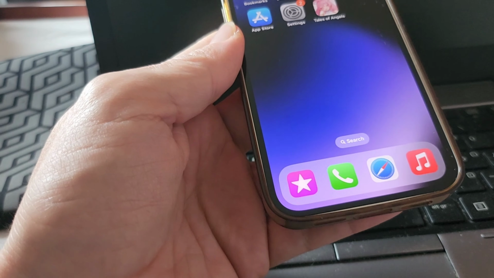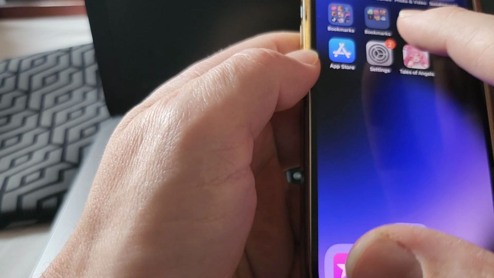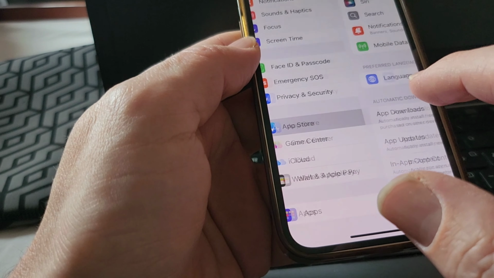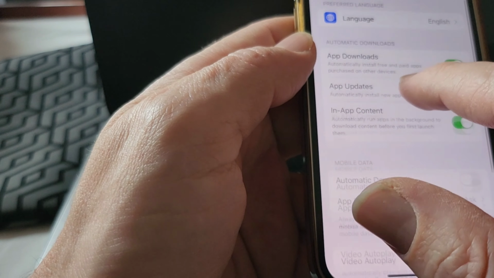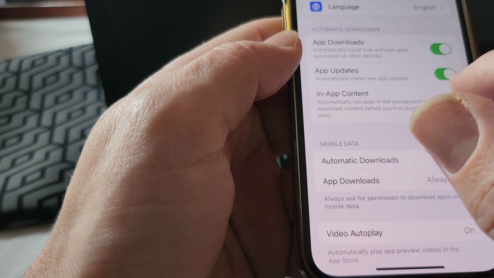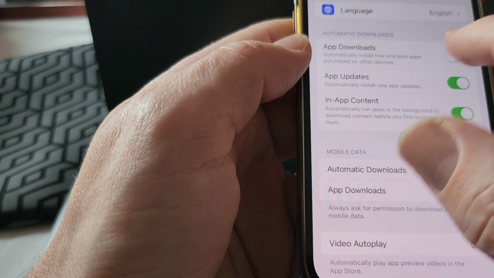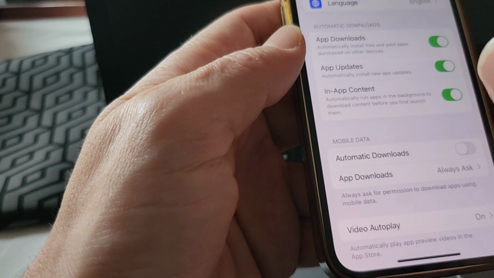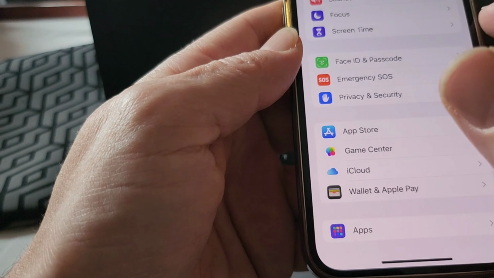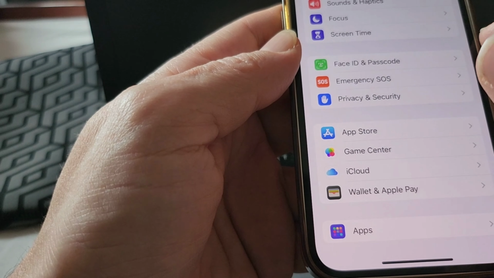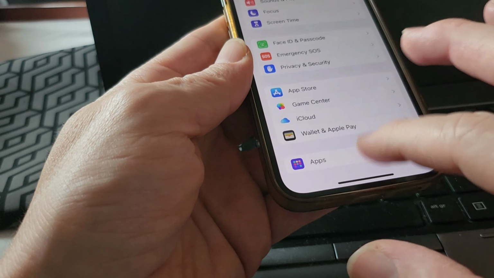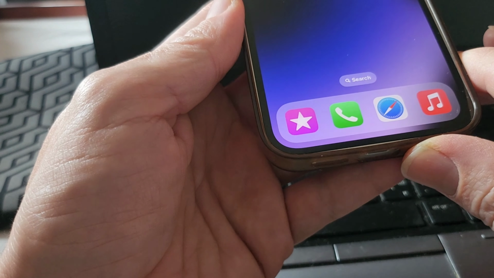So basically, before you start the whole process, you just need to check one thing in the settings. Just scroll down. Here is App Store, and then you have this automatic downloads here, and make sure you have all these three options active. If you have any turned off, make sure you turn all of them on. This is to allow automatic downloads on your device. This step is required just if you're using an iOS device. If you're using Android, you can skip this part in the settings because Android is a different system. It does this process by itself automatically.